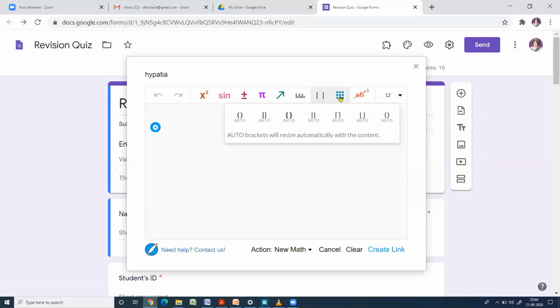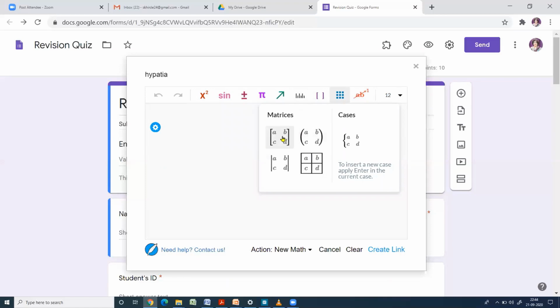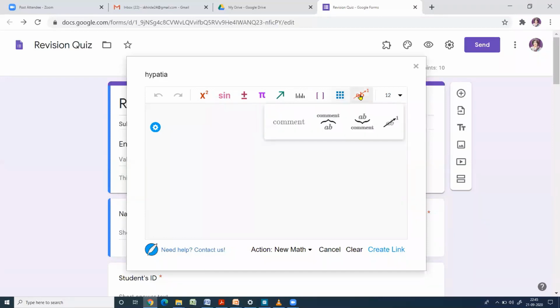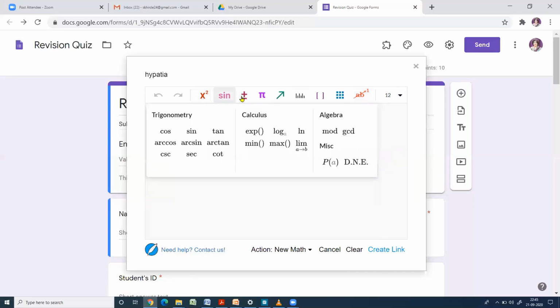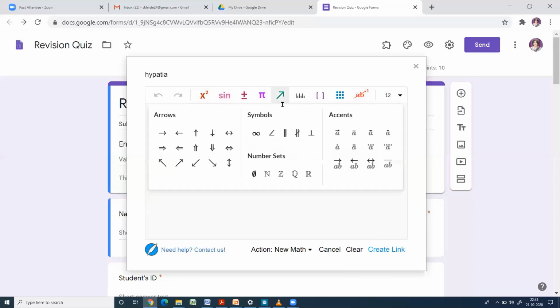Then if you click on these dots, you can see the matrices. So you can add the matrices using these available in the Hypatia. Then if you want to add some comment to your equations, then you can add the comment using this. And suppose after writing the equation, if you want to increase the font size, then you can increase the font size from here.